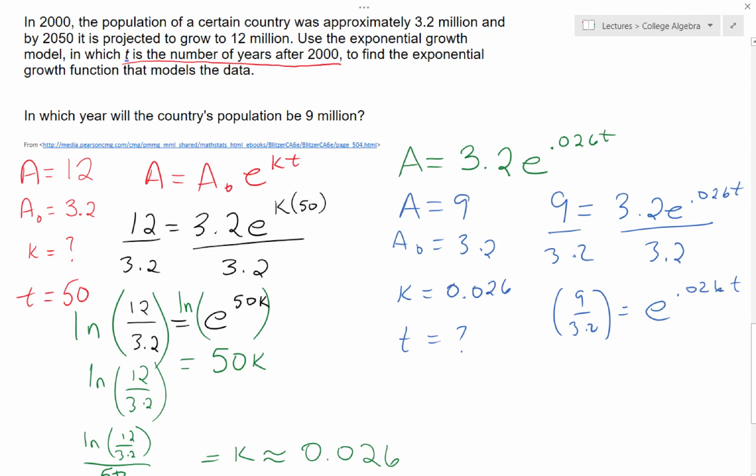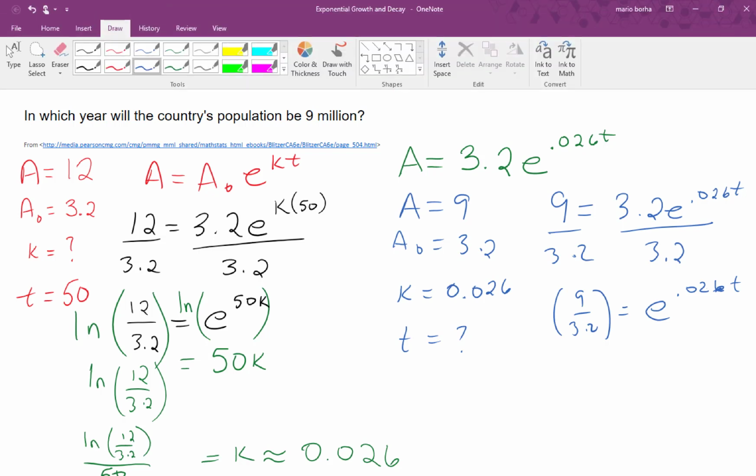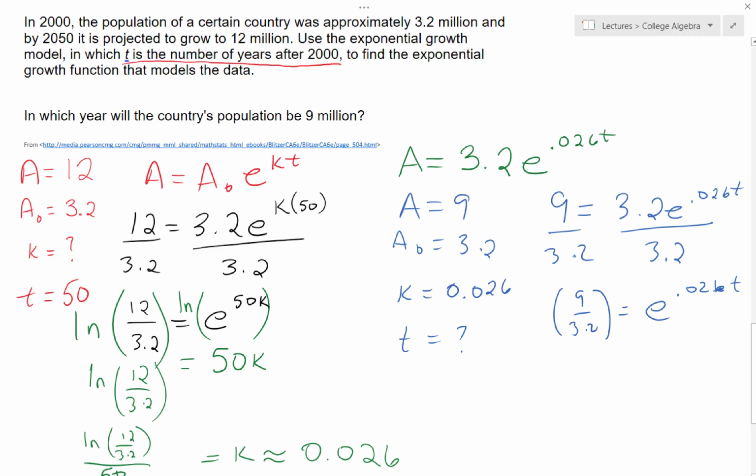And once again, I have e. I don't want to see e. How do I undo e? If you were here, you would scream out, ln on both sides. And so I ln both sides. ln of 9 divided by 3.2 is equal to ln e, inverse functions, undo each other, gone,